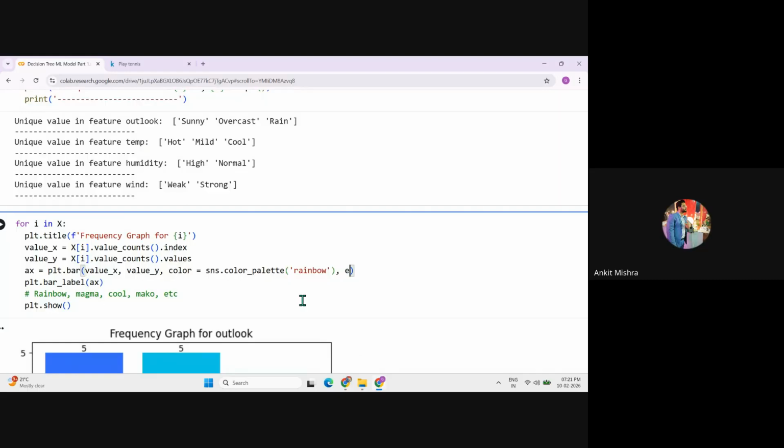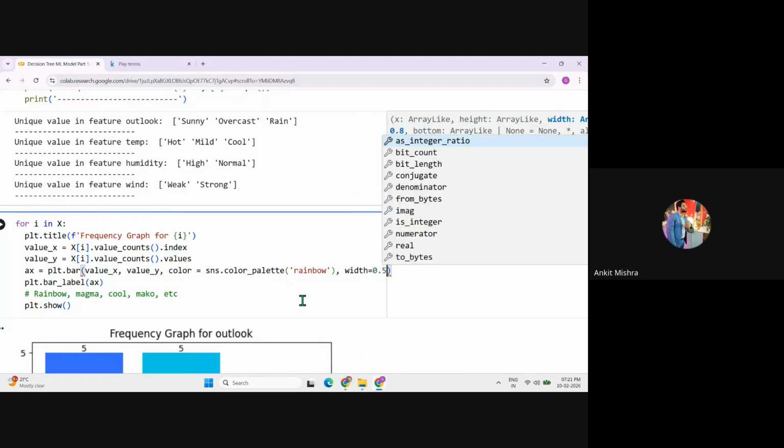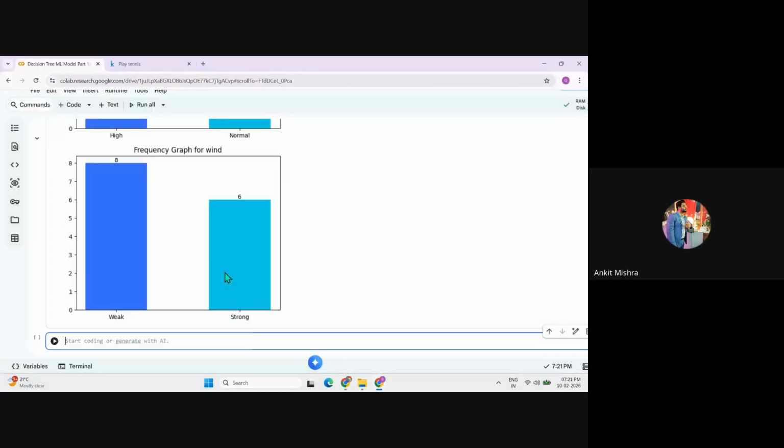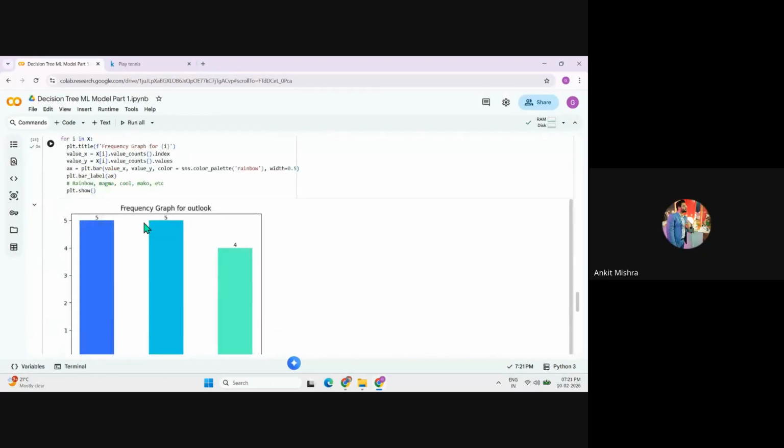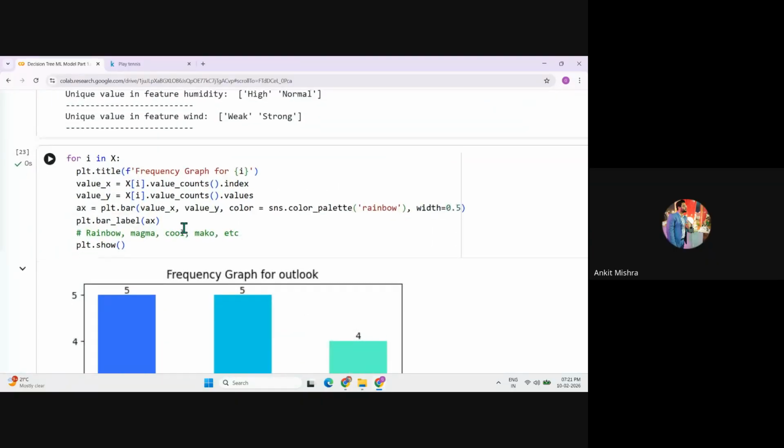And let me check, is there any option for the width as well, right? We can pass the width with the value of 0 to 1. Yes, we are getting the width values as well, right? Now let's quickly give the value of x and y as well. So we know that the